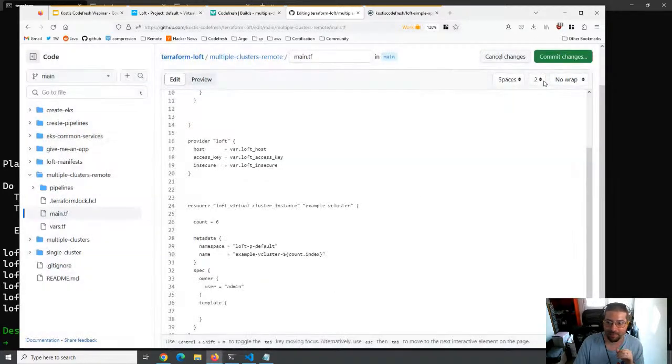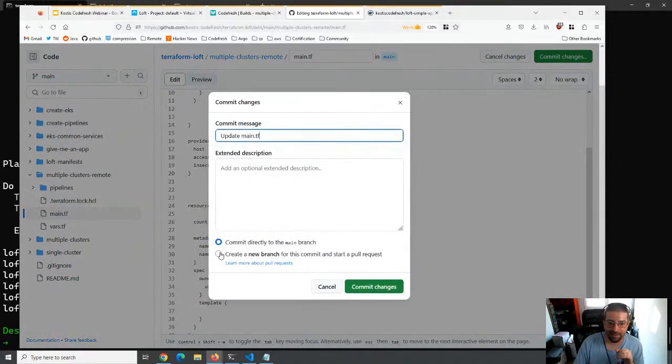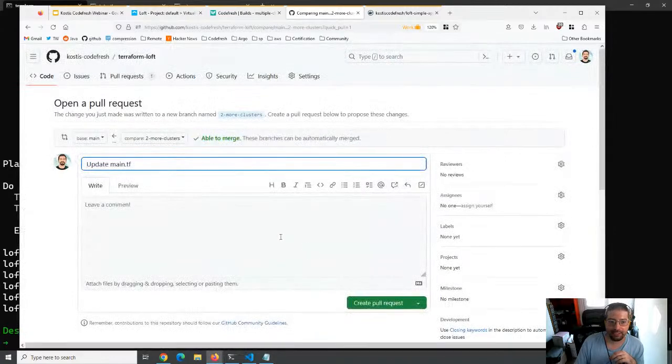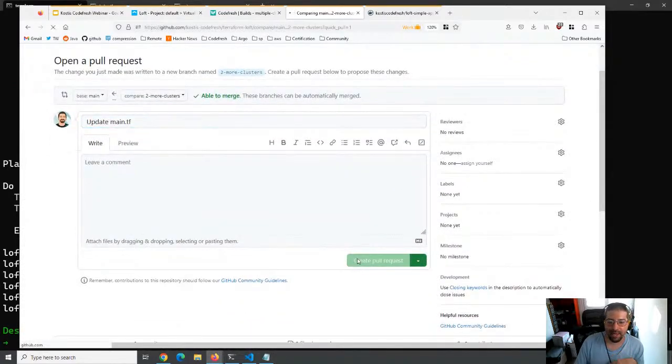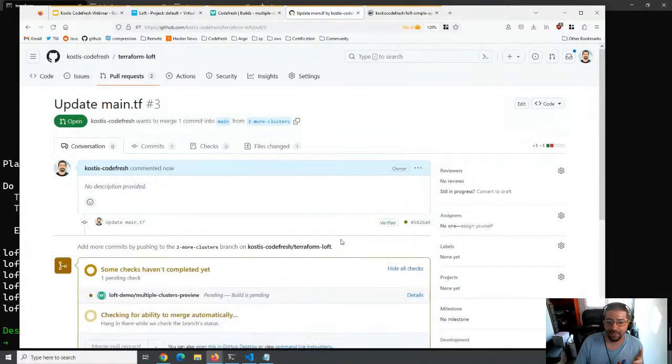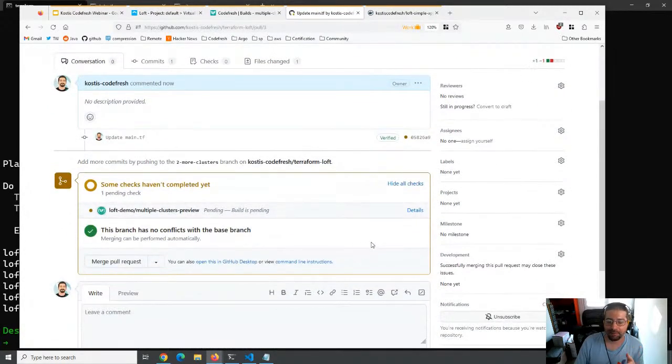I'm not going to commit them here. Maybe I will create a new branch, and I will name it 2 more clusters, proposed change. So I have now created a pull request, and then you can follow the workflow that you have in your company for your pull request. So maybe, in your team, somebody needs to approve changes in infrastructure. So you can assign this to your team lead or the other team and say, hey, I'm going to do